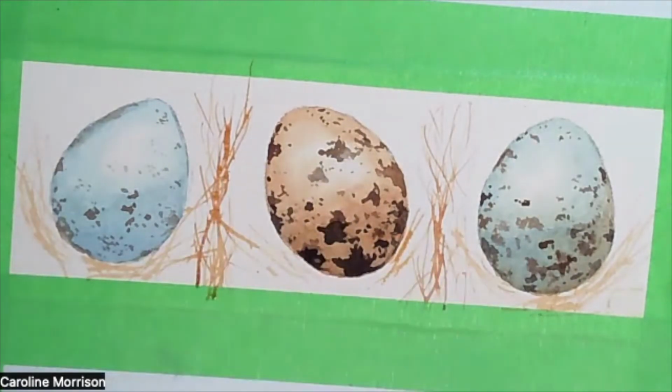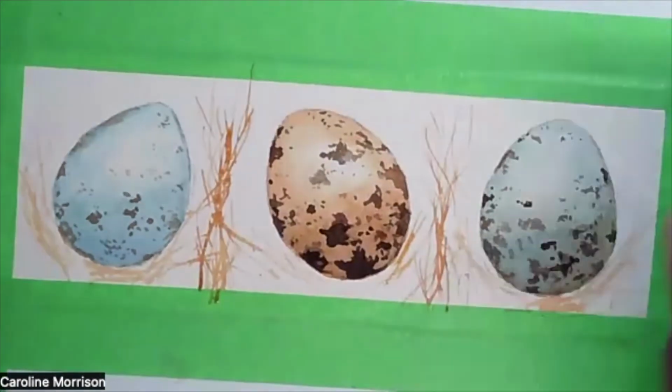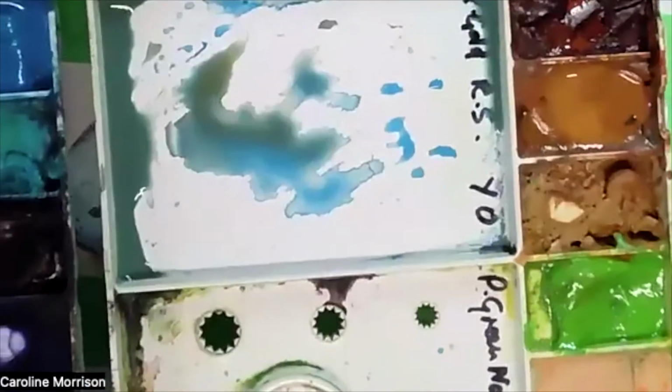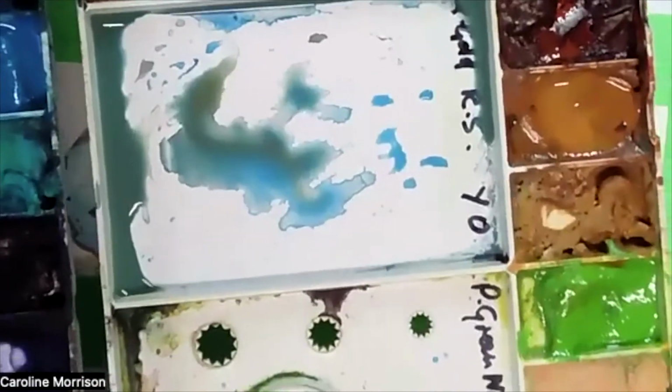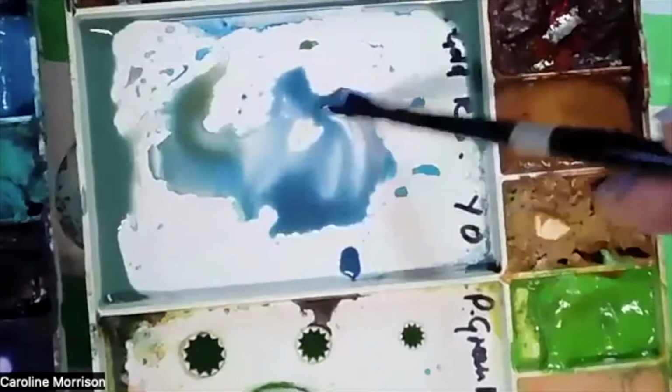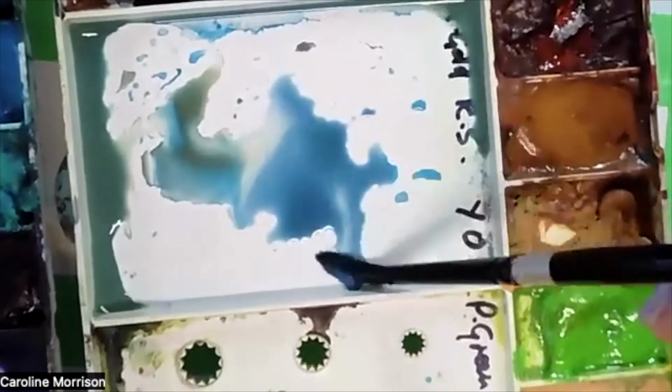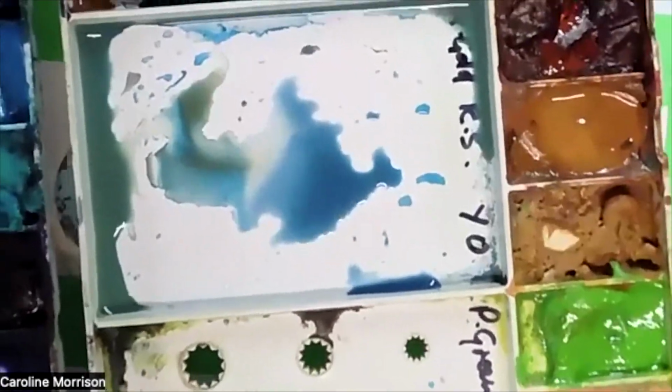Now this looks very messy at the moment, but we're going to put some shadow in so it won't look so messy. And great colors for shadows are your Cobalt Blue or your Ultramarine Blue. Let's start with, I'm going to go over here to where my Cerulean is, and I'm going to add to that a little bit of Cobalt. And there's no need to clean your palette. I clean it more often when I'm demonstrating,